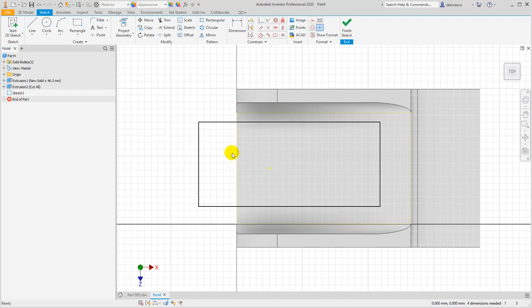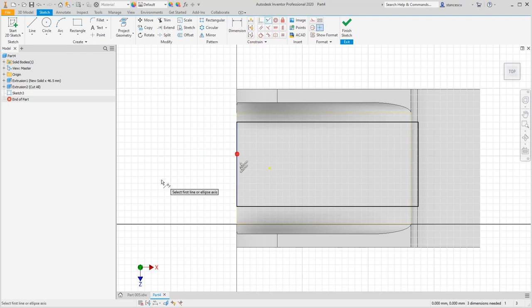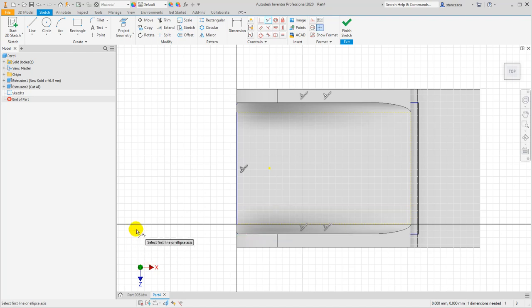But firstly I have to align this with this, align this with this, and this with this line. And now